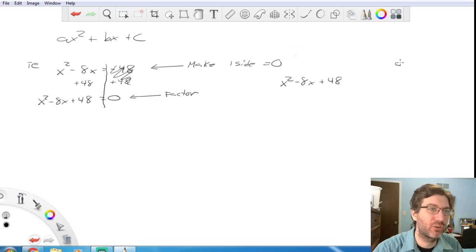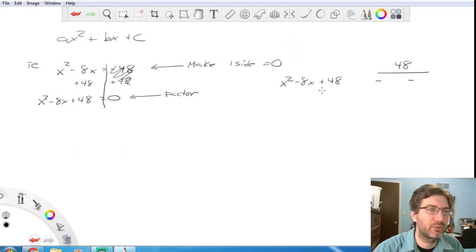We're looking for numbers that multiply to 48 and add to negative 8. So the fact that this is positive and this is negative, so C is positive, B is negative, that means both my factors have to be negative. And factors of 48 that will add to 8, I am looking at,